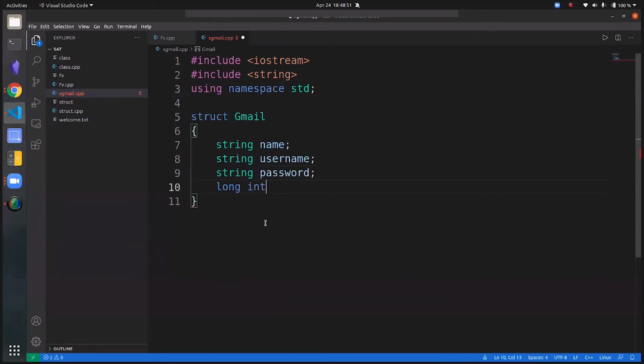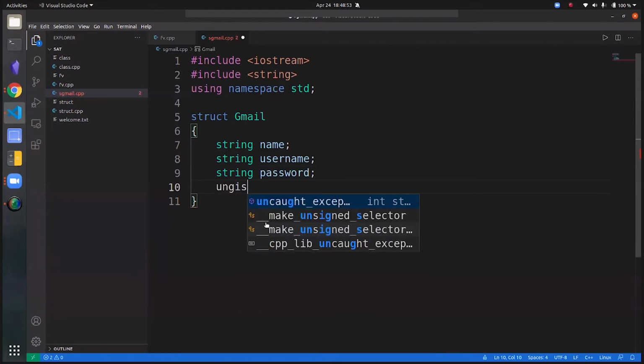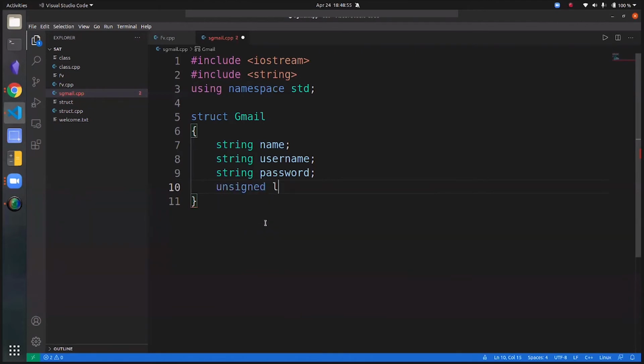We'll just store this as unsigned long phone number. Guys, by the way, you can simply store the phone number using a string as well, but I just want to store it as a long integer, because I think that would make the concept of structures more clear to you.